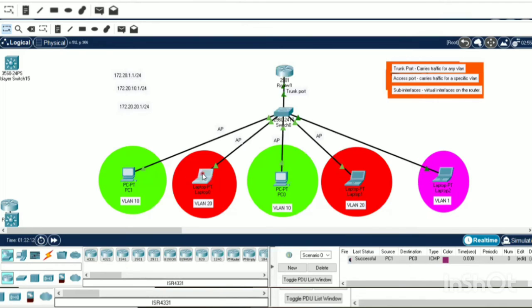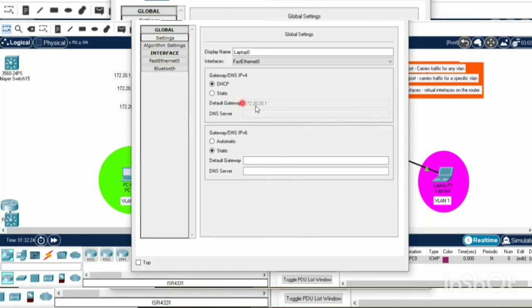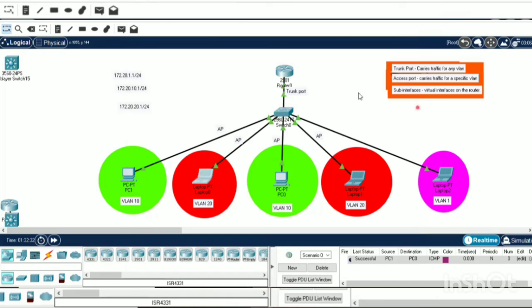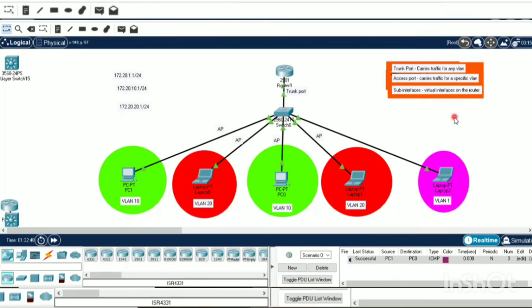Now let's go to VLAN 10. Okay, you're not getting IP address. Let's do the process again. Yeah, we got the IP address. And let's see the default gateway. So we got the default gateway, and DNS IP address wasn't given in the pool. So if you give DNS address, that will also be shown here. Okay, we got the IP address.